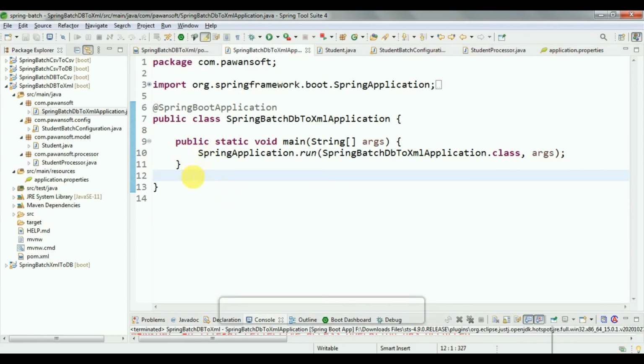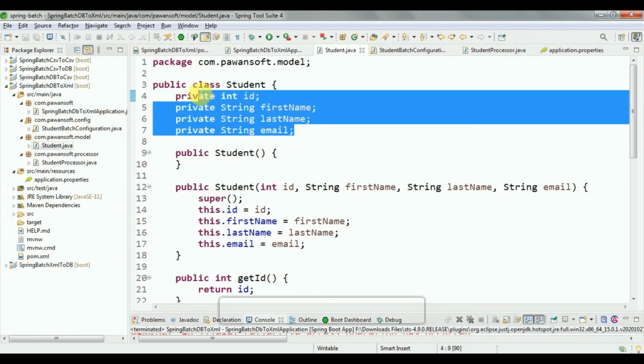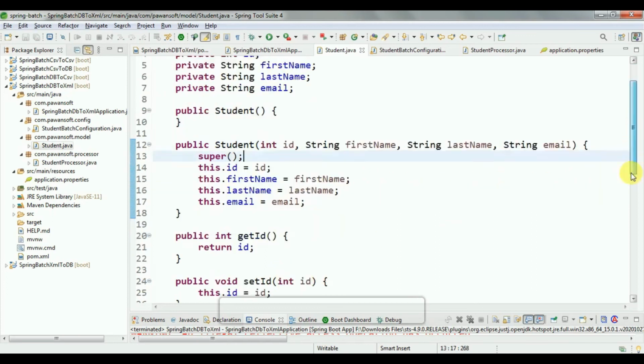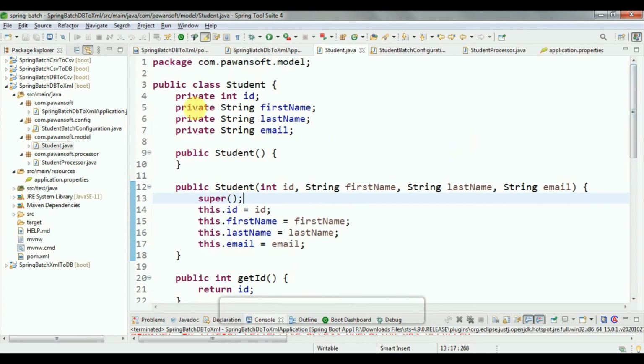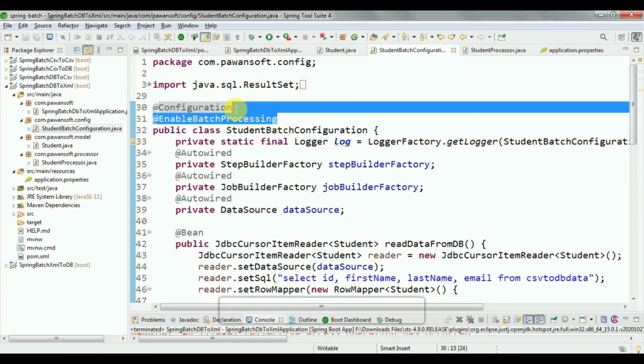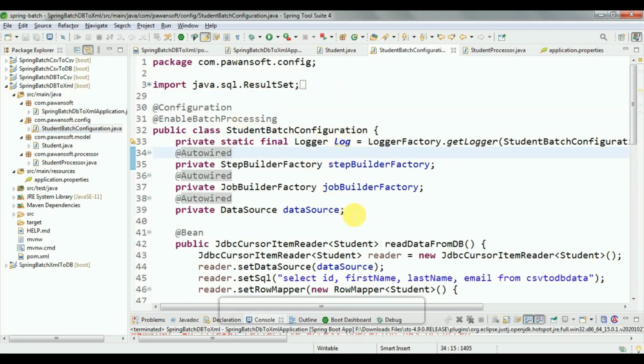I'm going to explain again. This is the main class, and first create the model class with however many fields you declare, and write the default constructor, the all-arguments constructor, and the public setter and getter methods. Correct? And then the second step, create the Spring configuration class. In the Spring configuration class, you write these two annotations at class level and create this instance.